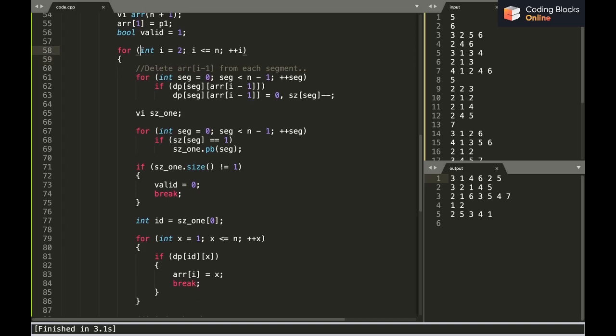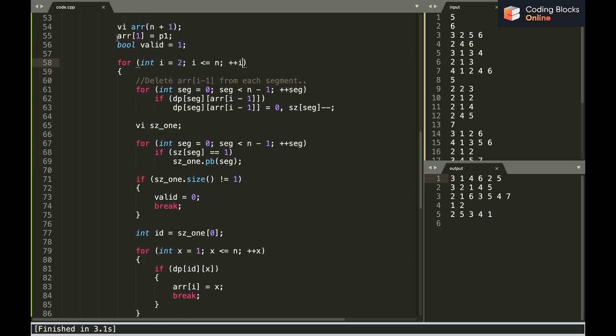Now I'll be trying to calculate the values for i equals 2 to n after having done it for the first index. Now, as we just discussed on the OneNote board, we'll be deleting arr[i minus 1] from each segment to get the value of arr[i].